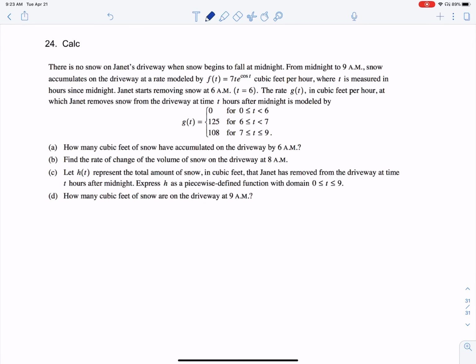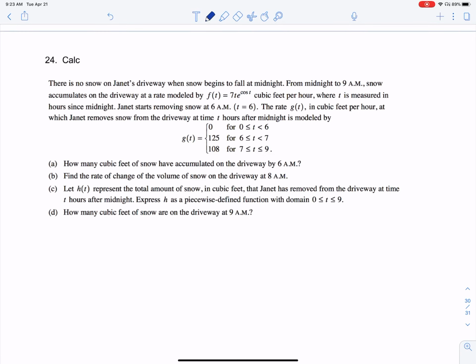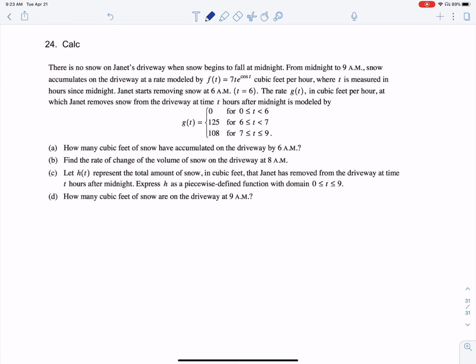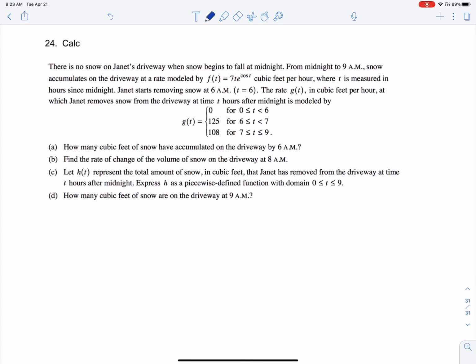Okay, let's look at number 24. What do we got here? So there is no snow on Janet's driveway when snow begins to fall at midnight. So that's important to notice. So we have basically a point. I think you'd agree. I'm just going to make a note of that. We have the point